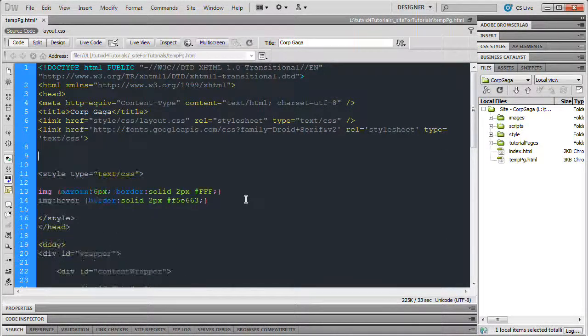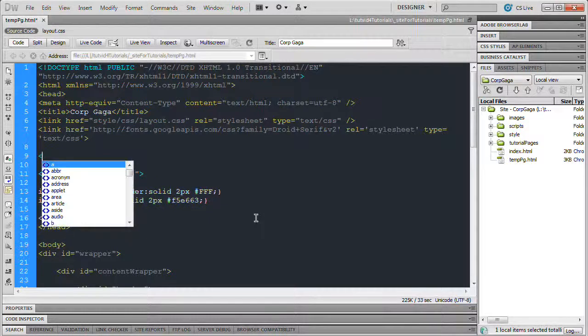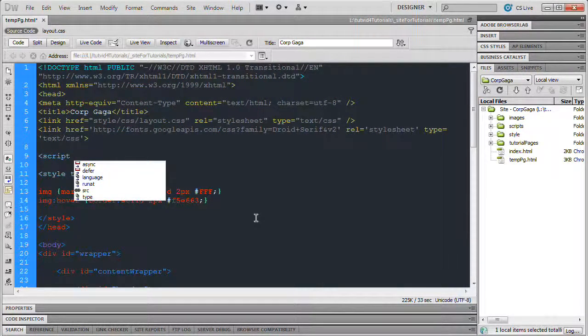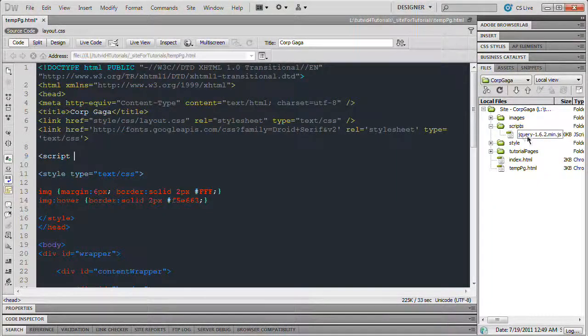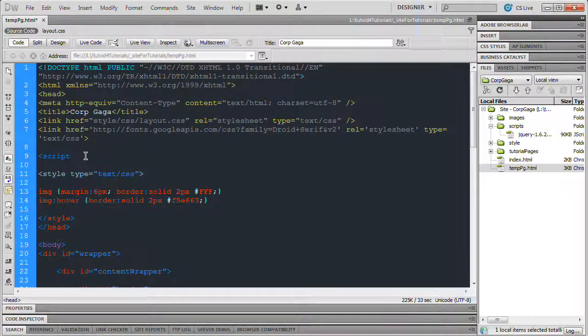So I'm just going to add a couple lines here, so I've got some space, and we're going to do just that. So we're going to do open angle bracket, and we're going to type the word script. And next we need to define where our jQuery is sitting. And we happen to know that it's over here in this folder called scripts. Now my HTML page is here, so I can either manually link this, or with the help of Dreamweaver, I can just latch onto it. So I'm going to use Dreamweaver's help here. So I'm going to type src